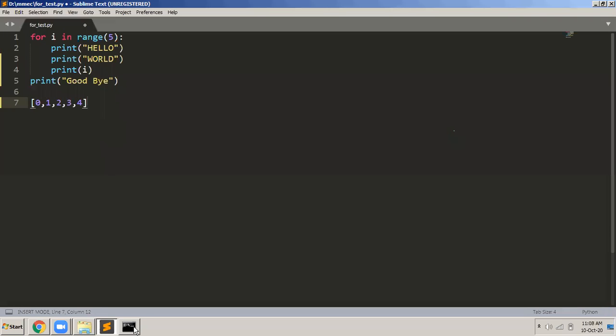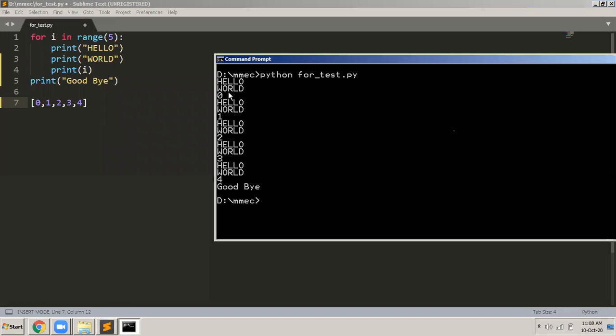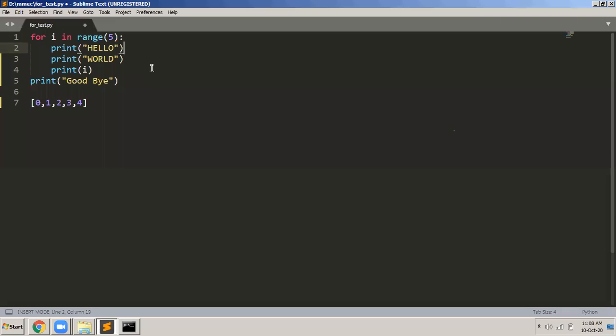Okay, it will not include 5 in that. So if you see the output, it will say hello world 0 first, then 1, 2, 3, 4, and then it will finally come out of the loop and say goodbye. Let us use,